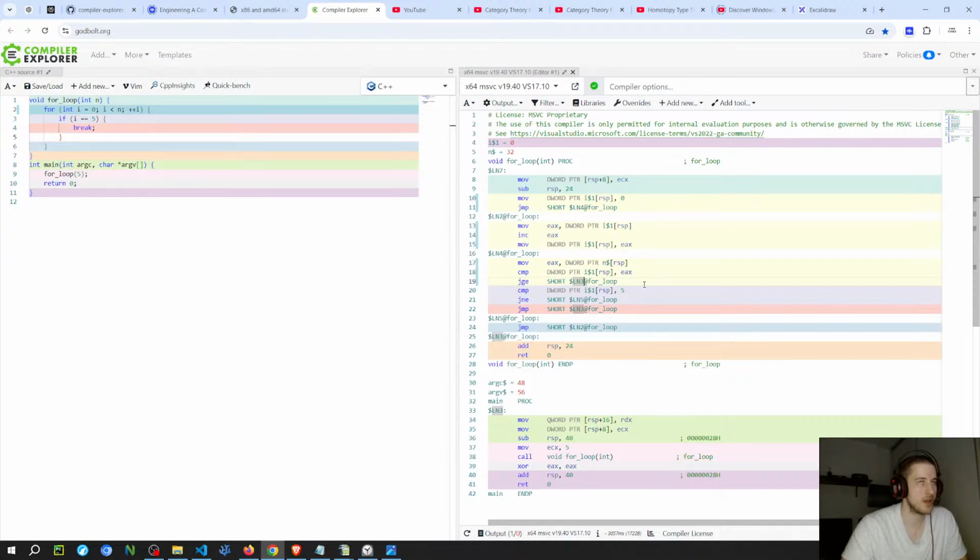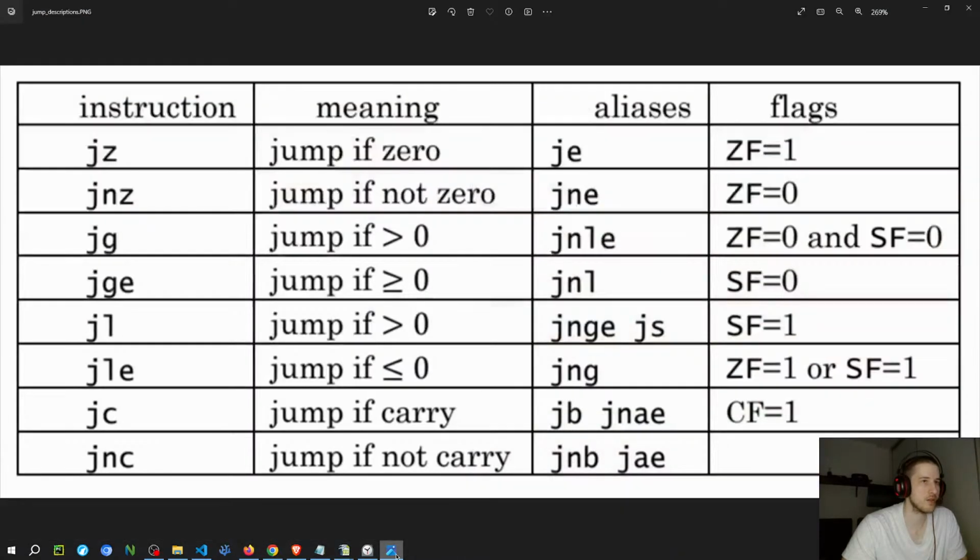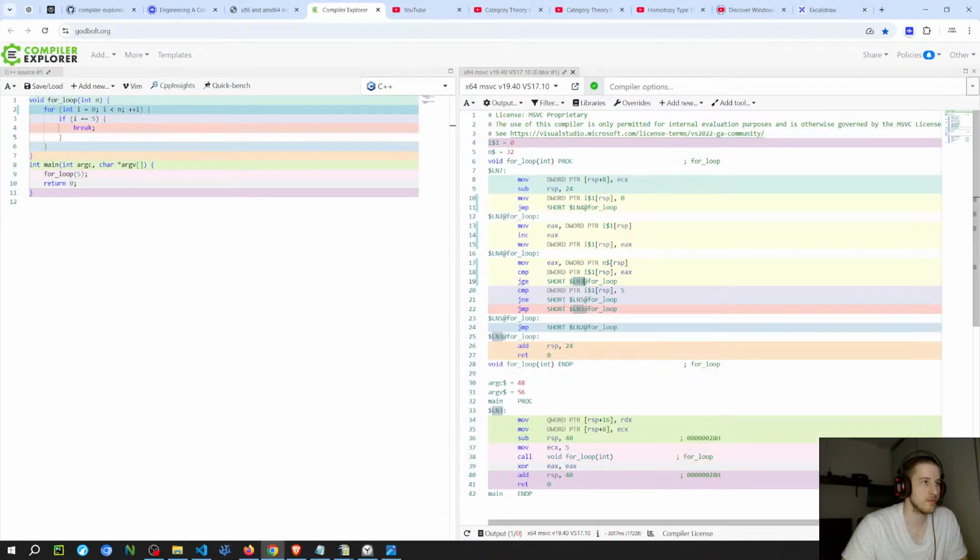So if SF equals 1, then it doesn't jump. Yeah, I think that's right, SF equals 1. So it goes here.